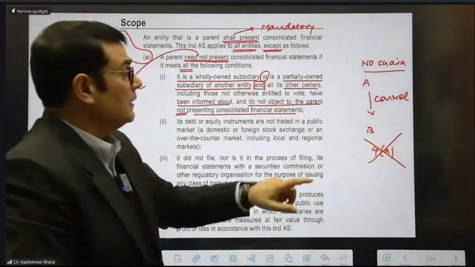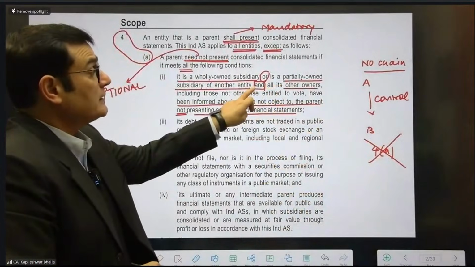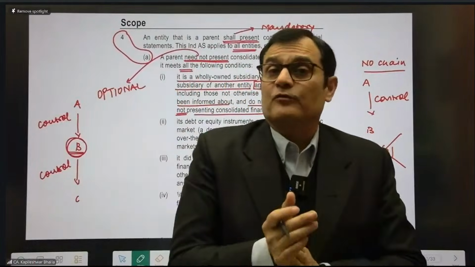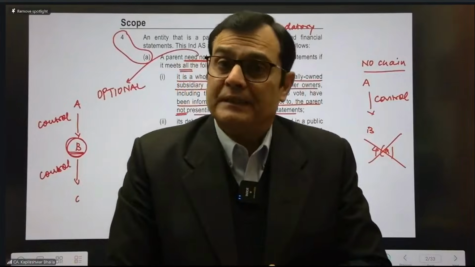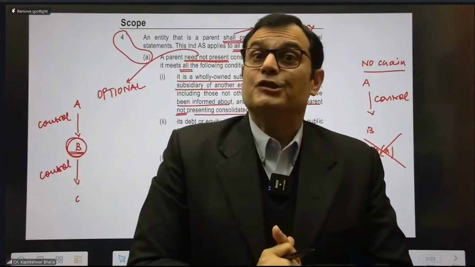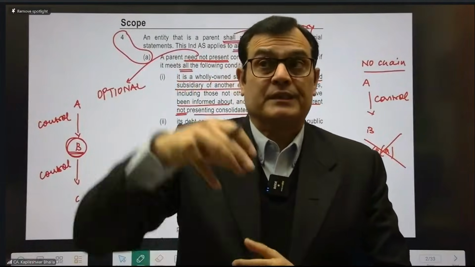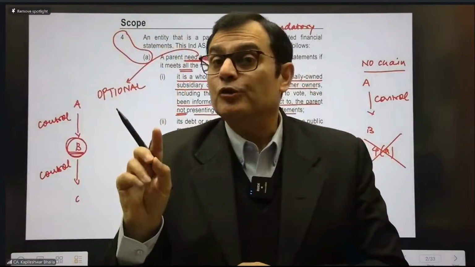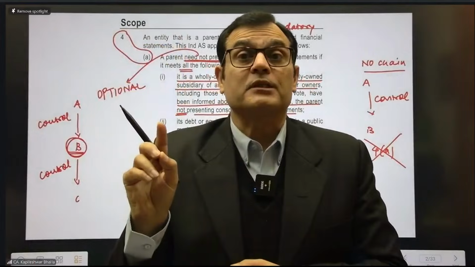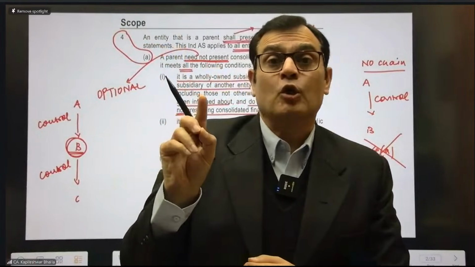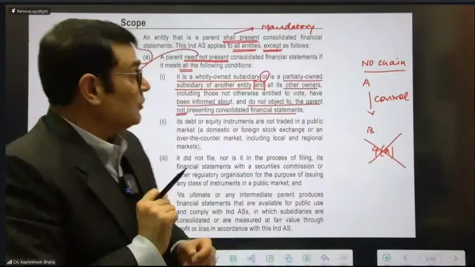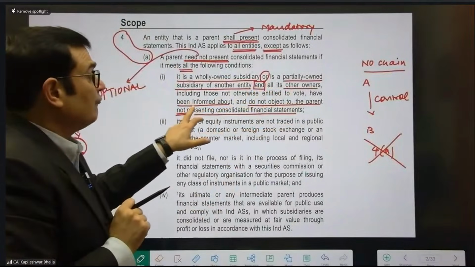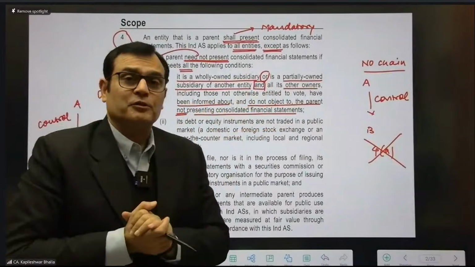In that particular case, when it is a partly owned subsidiary, it says all the other owners means those people who've got a 20% stake in B. You can call it NCI, non-controlling interest, because if A has got an 80% stake in B, he's got control. The remaining 20% is with somebody else, which is non-controlling interest. So it says all other owners, that is NCI, have been informed and they do not object to the parent